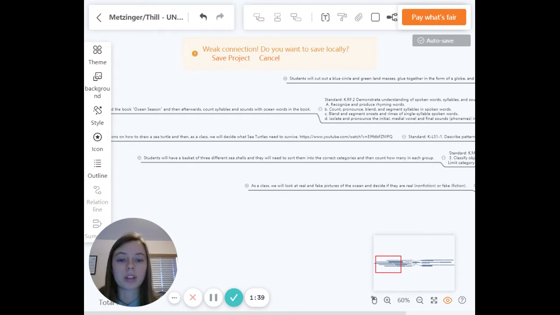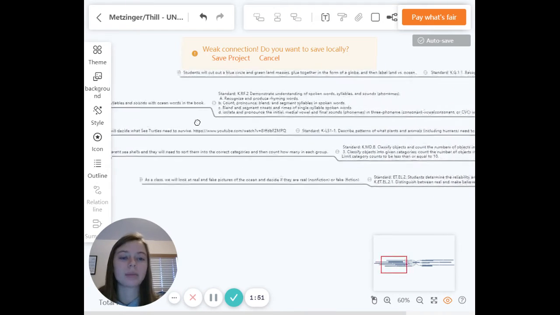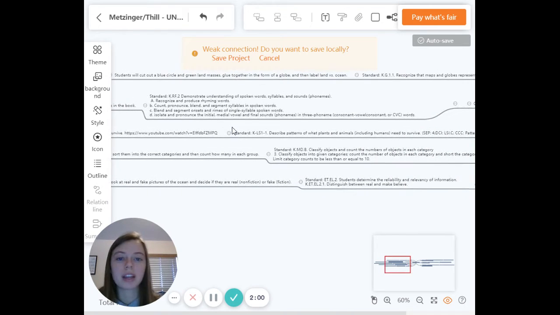So if we were going to count the syllables in dolphin, we would clap out those syllables, and then we would talk about the sounds we hear in the word dolphin. And then we do that with a few words throughout the book, so that way they are understanding some more vocabulary. The standard is